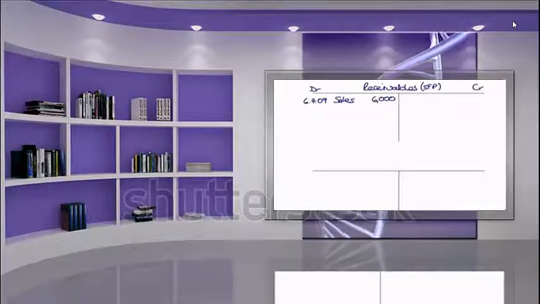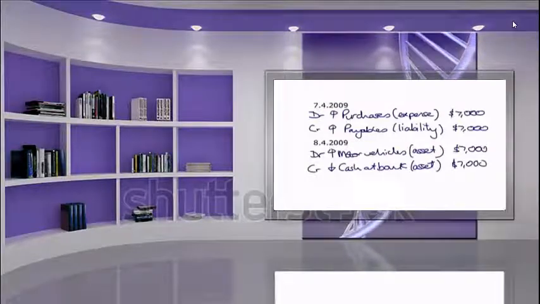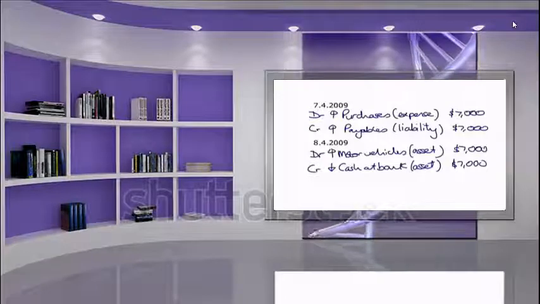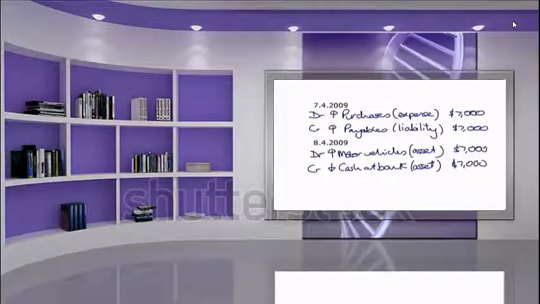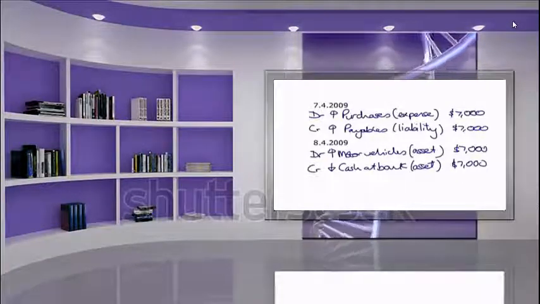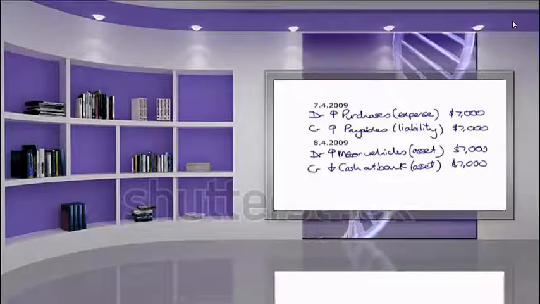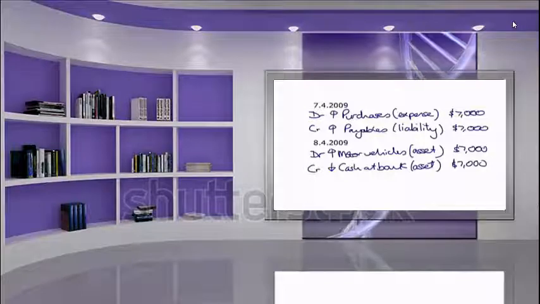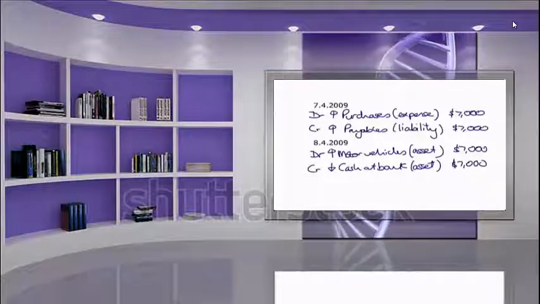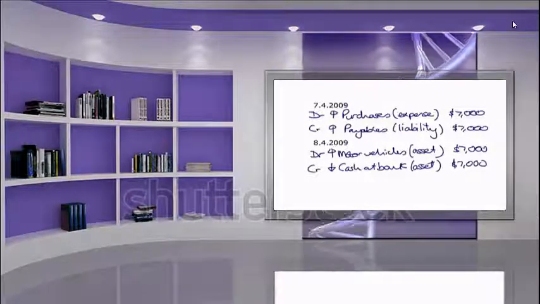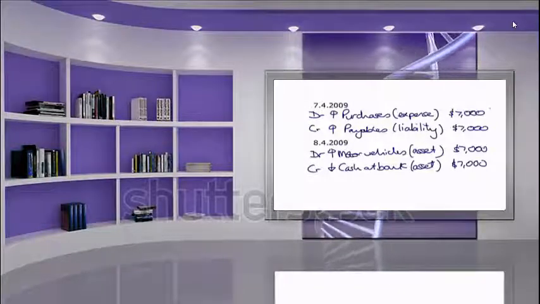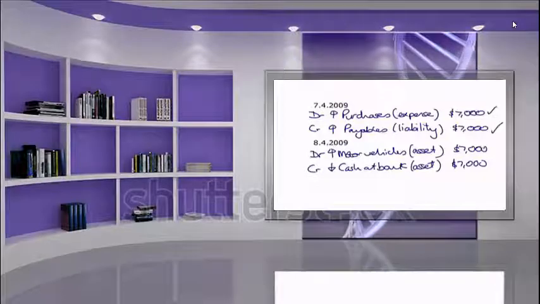Looking back at the journal, we can see then that what we said we were going to do is debit purchases and increase that expense by $7,000 and credit payables, the liability, by the same amount of $7,000. Both of those accounts are already opened up. It's the same transaction as transaction number 2, so all we need to do is post it in the same places. So ticking them off then,